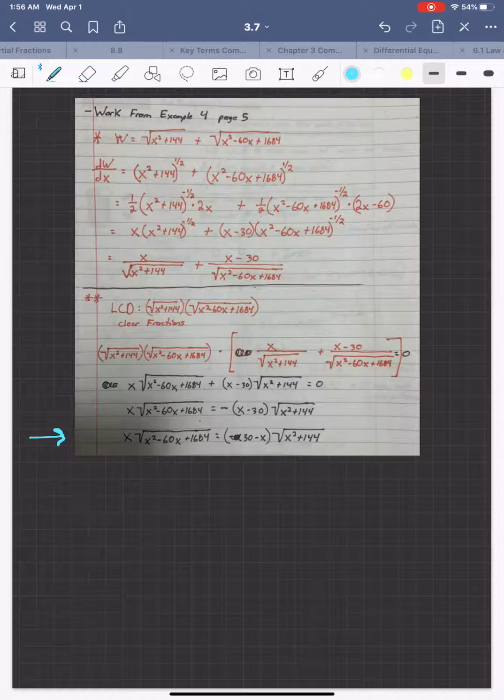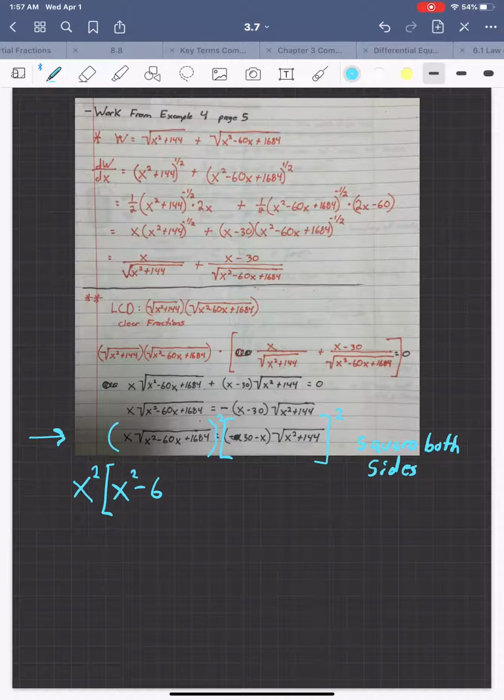Okay, so as of right now, my goal is I want to try to get rid of these radicals. So what I'm going to do in this next step is square both sides. Right, so square both sides. If I square both sides here, let's write what that looks like. Well, the good thing about squaring a square root is it will get rid of that radical. So that leaves me with x squared. And now let's get rid of that radical. So that would just be x squared